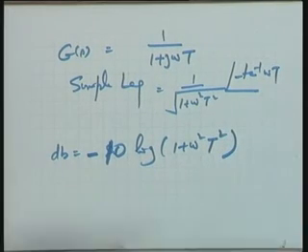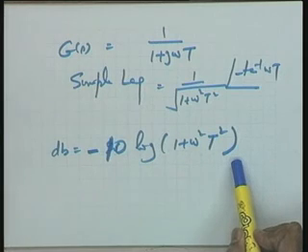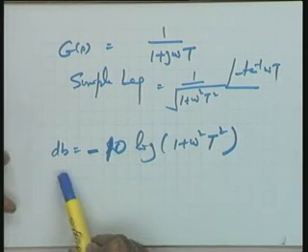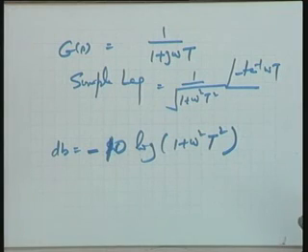Some of the simple derivations I would like to skip, so that I can conclude the discussion on Bode plots today, but for those derivations I will give the guidelines, which will be very simple. This is your plot without any approximation, please. It is dB is equal to minus 10 log of 1 plus omega square T square. I hope this is well taken.